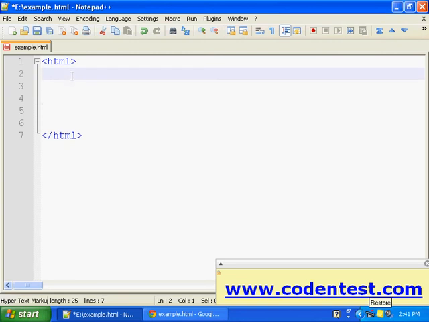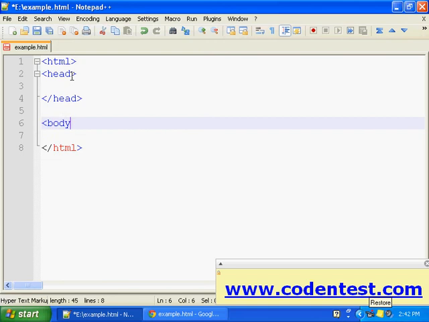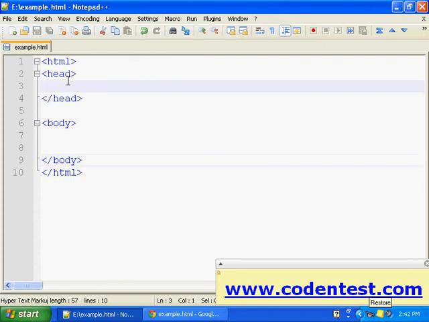One more thing, we can write JavaScript code in the head section of HTML or in the body section. We can write JavaScript here between the head tags or in the body. But the browser will not know where JavaScript has started.